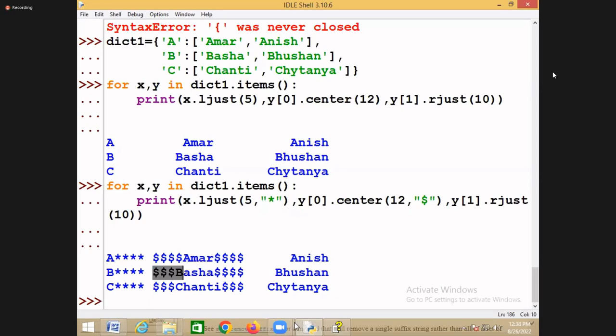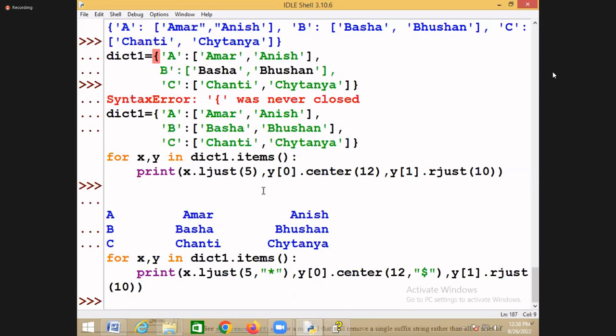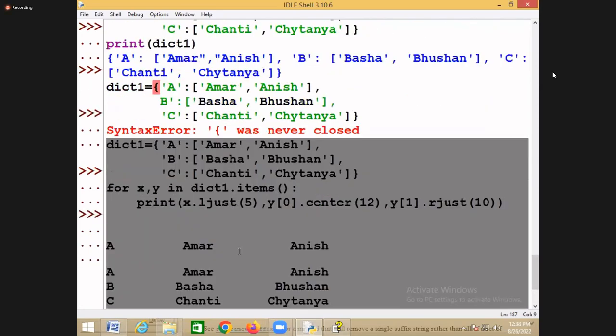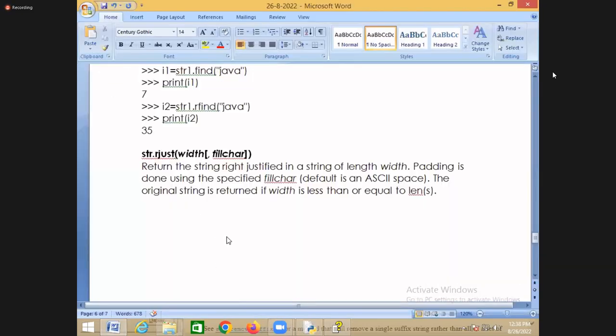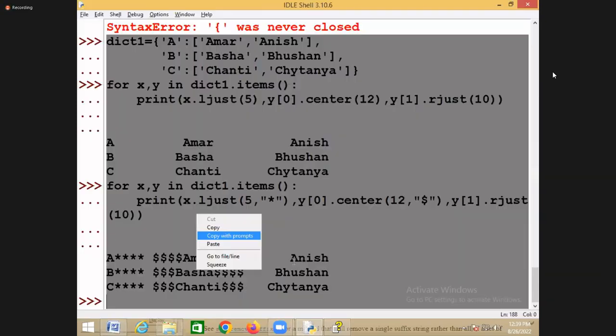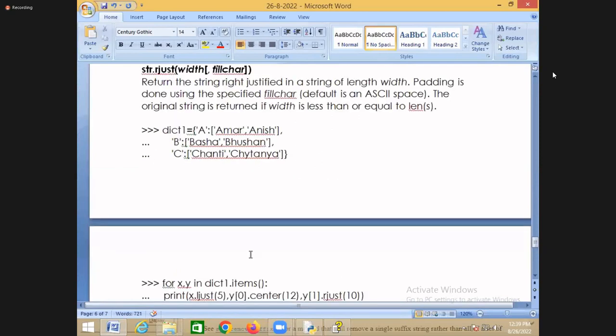So this is alignment. All the alignments you can do: left alignment, right alignment, and one more is center alignment. But for this, you are using 3 different methods: left justification, right justification, and one more is what? Center justification. Okay now? Yes? Are you getting it or not? Okay. The next one is